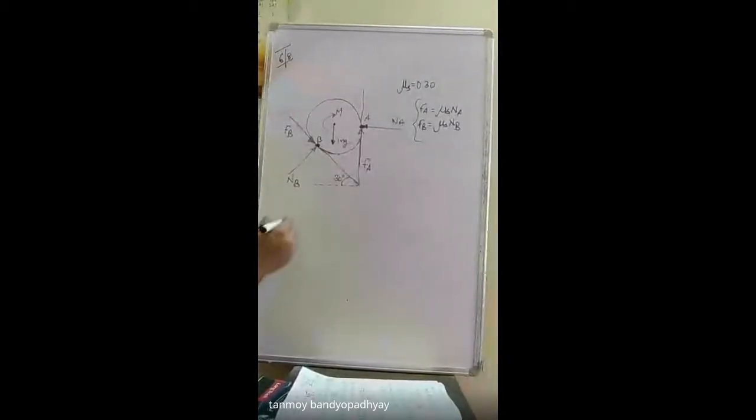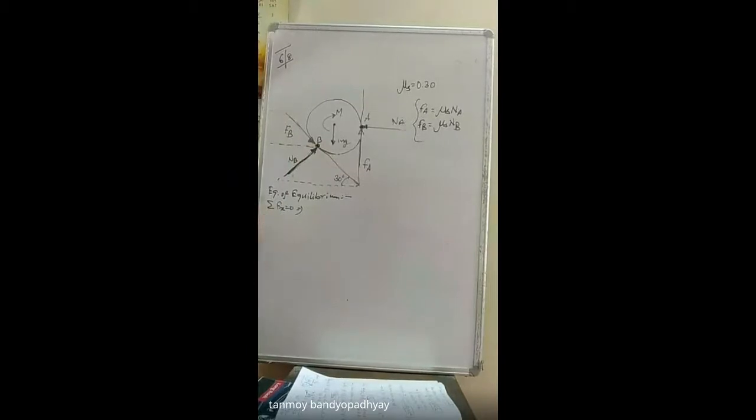Other things are just the equations of equilibrium we need to write. So I am writing the equations of equilibrium. Maybe you can solve it in the class or you can do it at home also. Going to the equations of equilibrium, sigma Fx is equal to 0. So Fx equal to 0, what will happen? I am going a little fast here, I hope you can understand, or you can do it by yourselves also. It's a little easier problem.